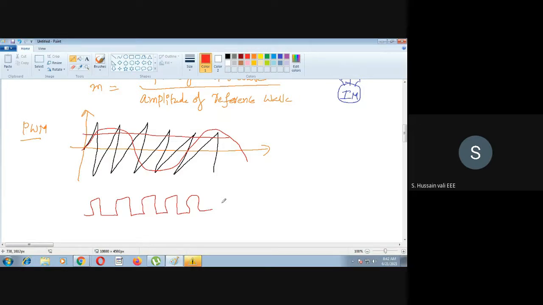Okay, and we have some advantage with these PWM techniques, that we can control the harmonics a little bit. For example, sinusoidal PWM technique is there, conventional PWM technique is there. In case of the sinusoidal PWM technique, the harmonics are better controlled compared with the conventional PWM technique. So different types of PWM techniques are being discovered, invented, and defined. All of them have the main job of controlling the harmonics.